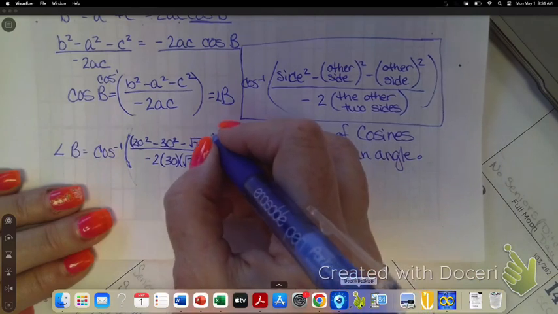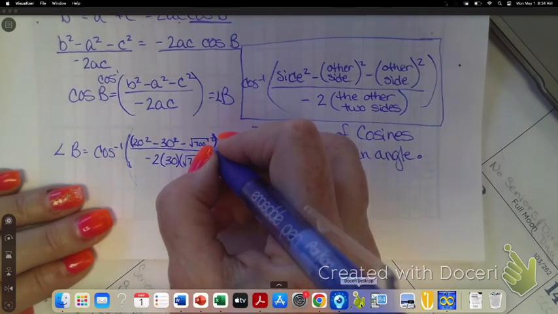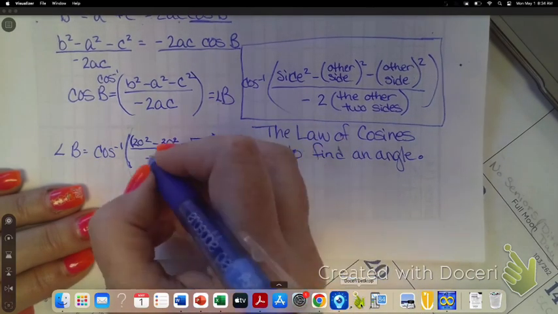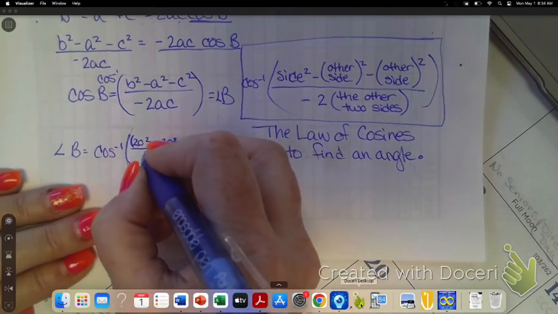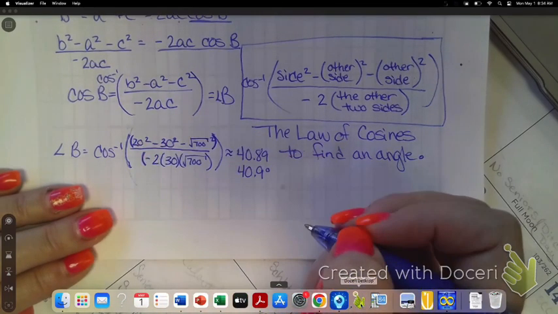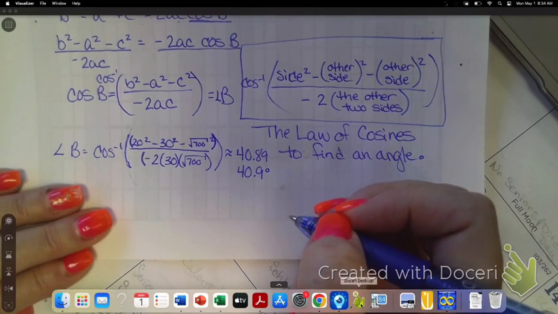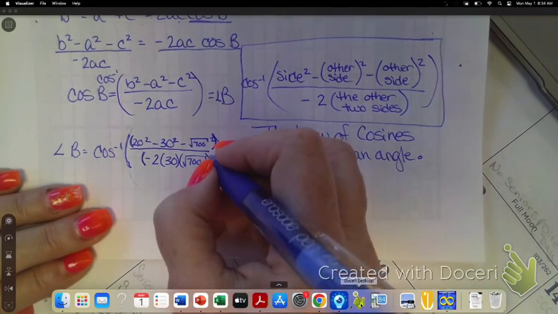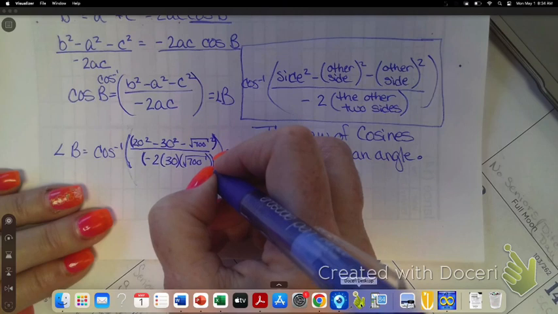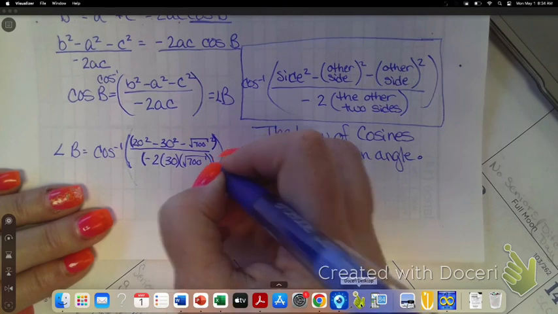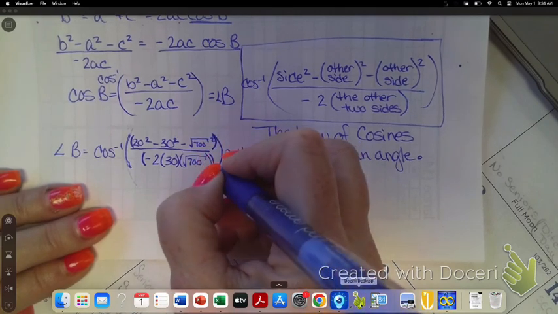You should have one right here at the end. And divided by, and then you should have one before the -2. And then close that one behind the square root of 700. And then close your